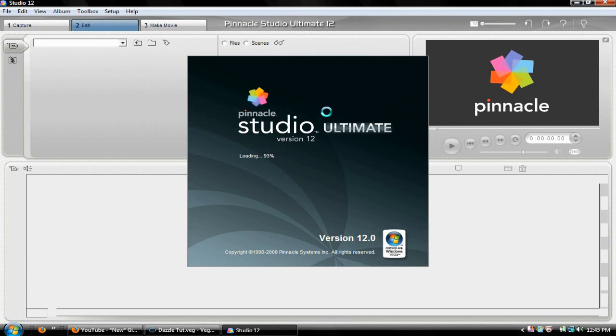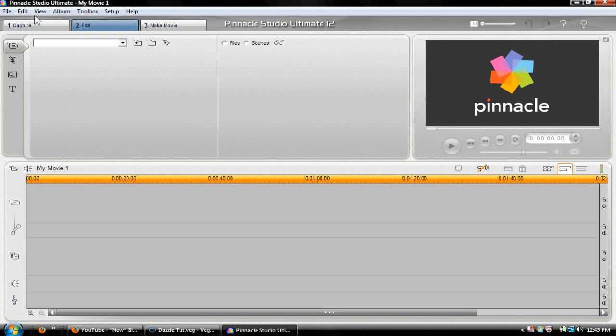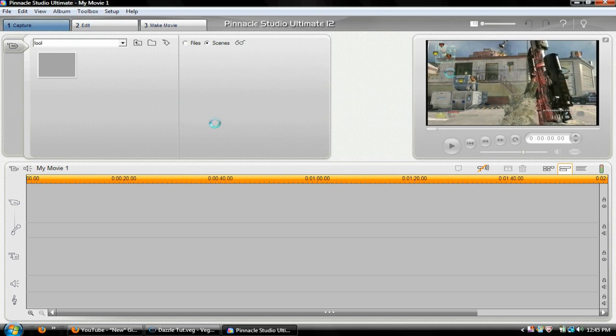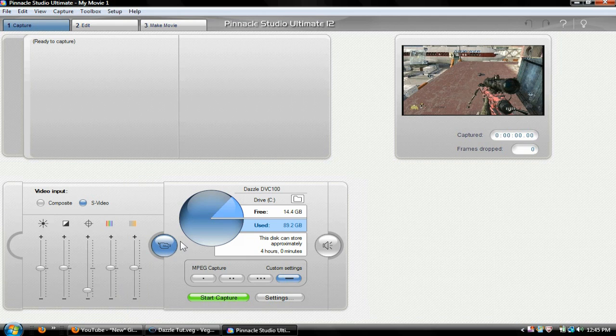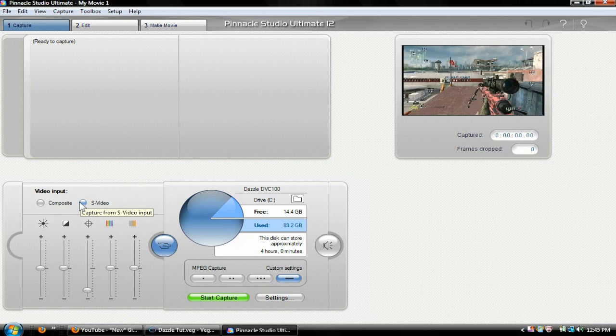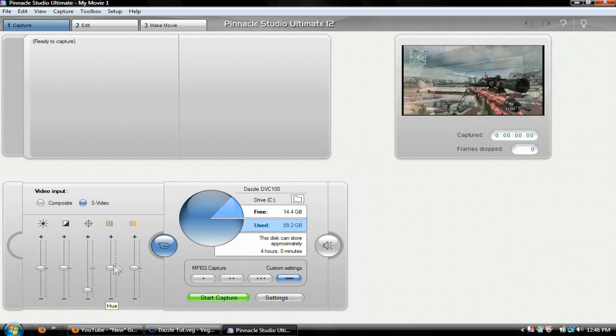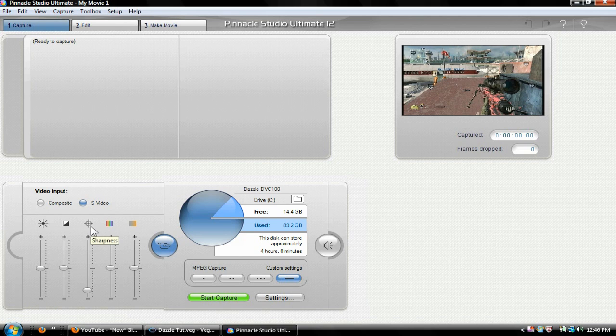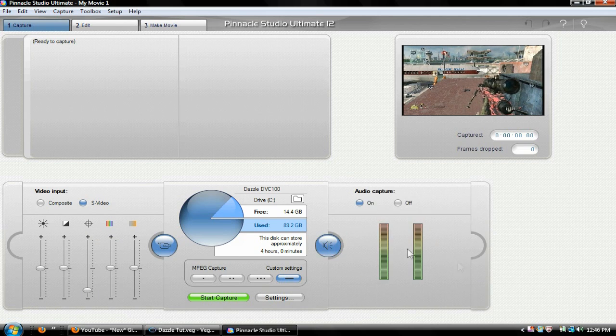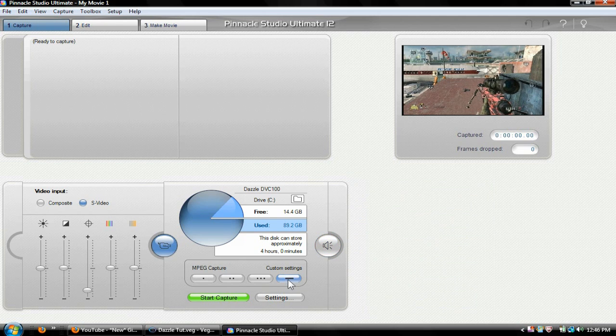And you need Pinnacle Studio Ultimate 12. If you don't have that, you can look up how to get it in a different tutorial. Okay, and you press capture, and here are all my settings. First, you click S-video, of course, because you have S-video, and you want everything to be even like this, except for the sharpness. You want it to be 3 or 4 up. And then of course you want audio capture. And then for the custom settings,